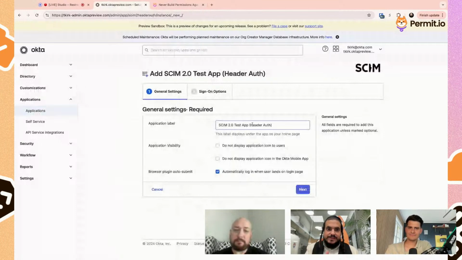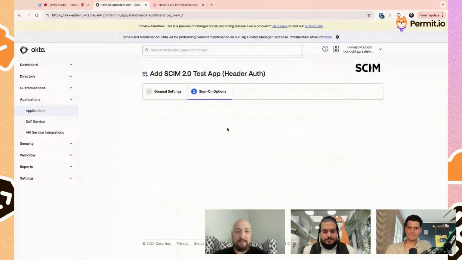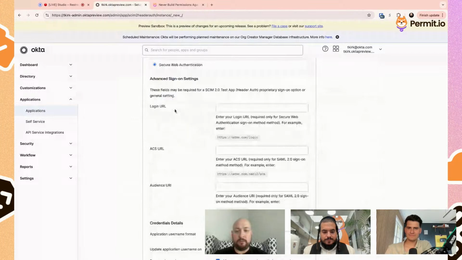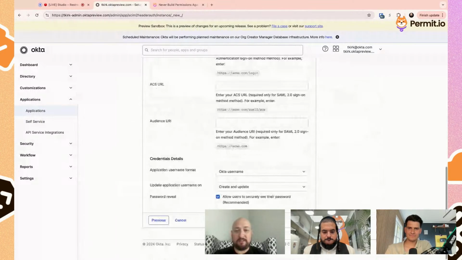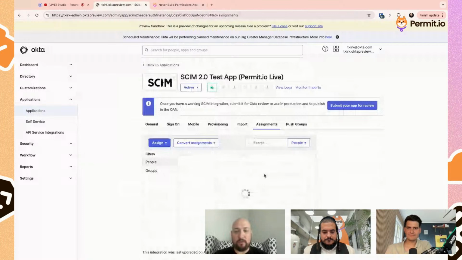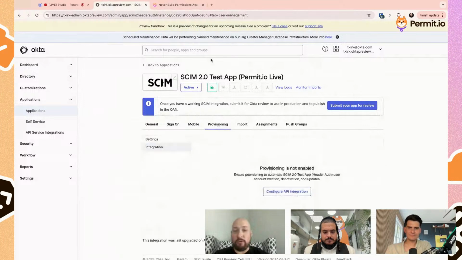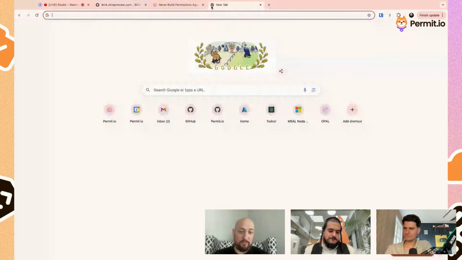And we're just going to rename this so it's easier to find live. We're going to skip the sign-in things for now. This is basically if your application does have the ability to do sign-in, you can support that via SAML as well via this application. But for the sake of this demo, we're only going to look at provisioning. And so next really gets into how to configure the integration. And so I'm going to look at